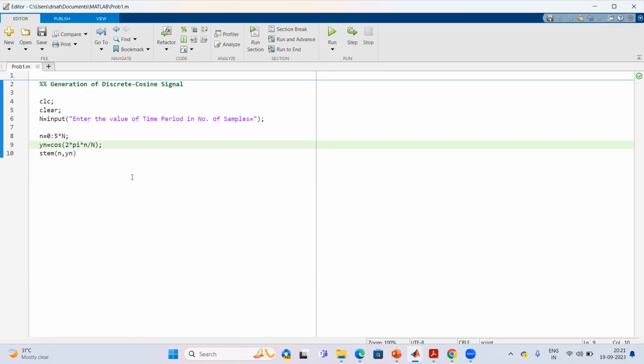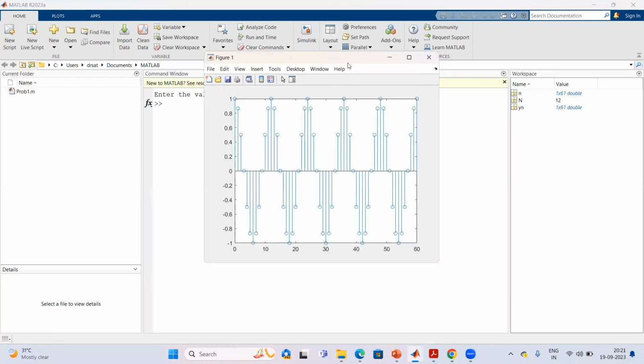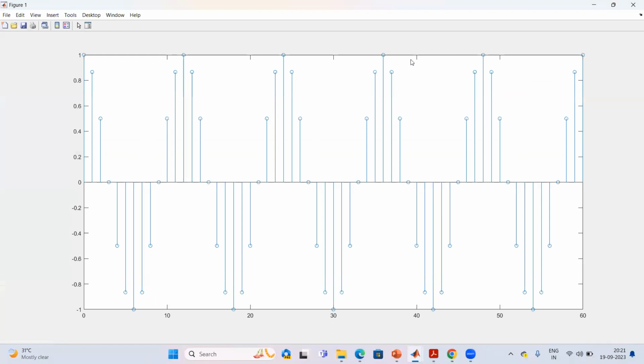So if you execute this particular code, then while running this code, it will ask you to give this time period in number of samples. So here, yes, we have to give this value equal to 12, right? Once you give this as 12, you will be able to get this particular signal. Here we can verify that it is a periodic signal, because this is our first sample, right? And this value is coming as 1. And here you can see again after